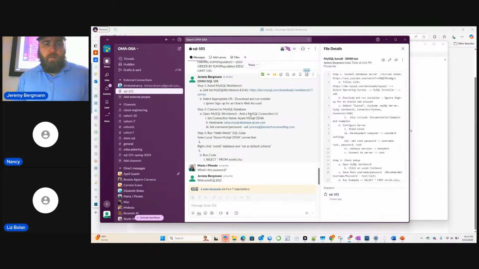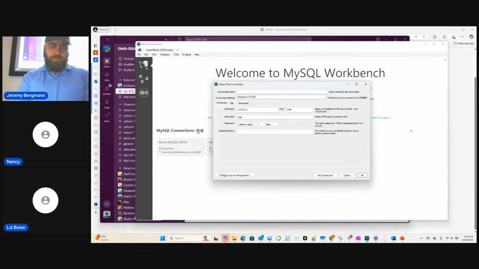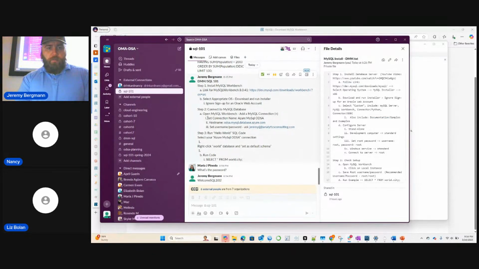If you downloaded that successfully, you should see this. You won't see the connections there. It'll be blank, but it looks like a screen like this. Okay, I just X'd out. Hold on. Okay, yes, just the local instance. Nope, you'll want to set one up. So you'll hit this plus, and then from there, enter this information that's right here. Okay, that is the part I'm missing.